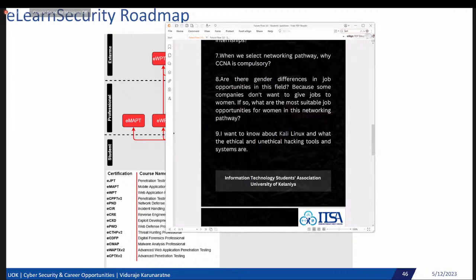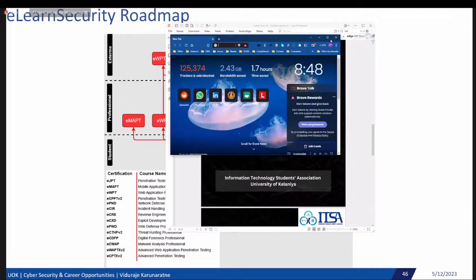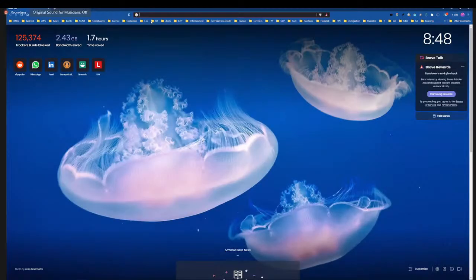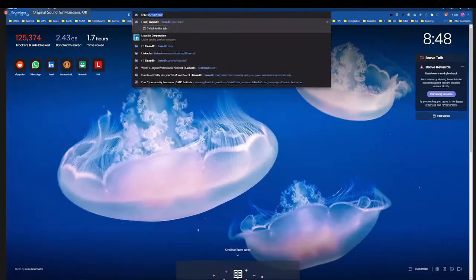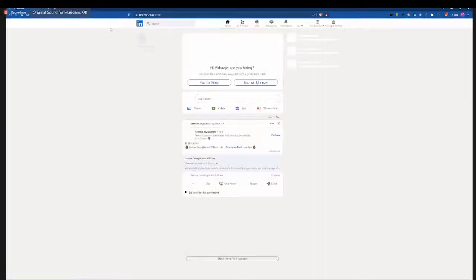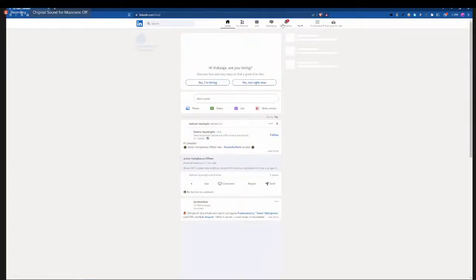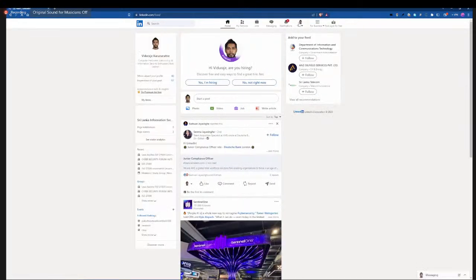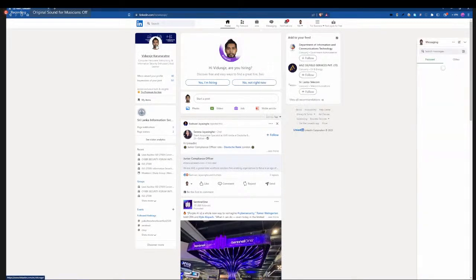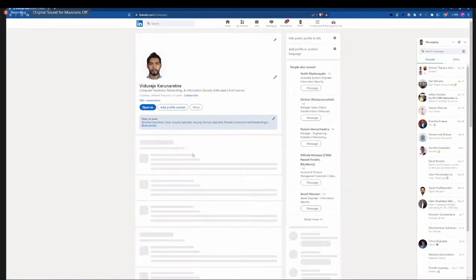Kali Linux. If you want to learn about it, I got so tired of people asking. I'm not blaming you. Don't take me the wrong way. People used to ask me so much about it. So what I did was, when COVID came, I actually wrote an article about it. I was that tired about it. So here we are. You can go to my profile and